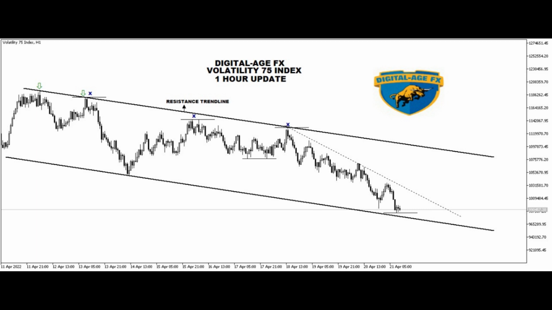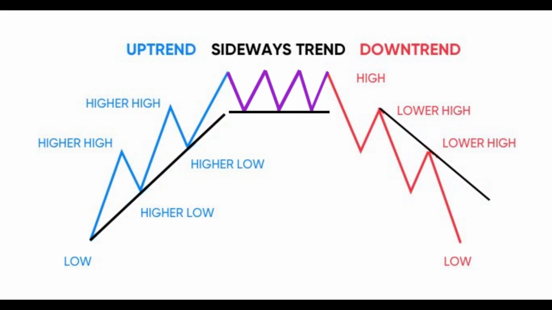There are 3 types of channels. 1. Ascending channel, higher highs and higher lows. 2. Descending channel, lower highs and lower lows. 3. Horizontal channel, ranging. Some traders prefer to use the terms rising channel for an ascending channel and falling channel